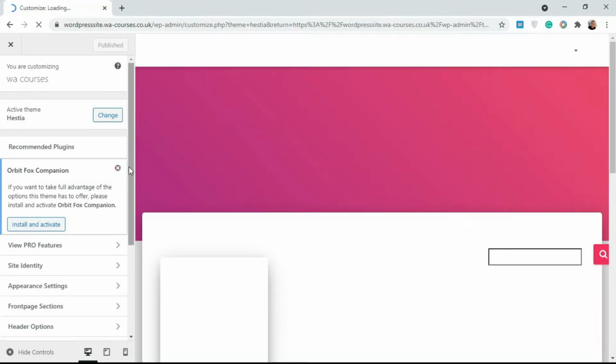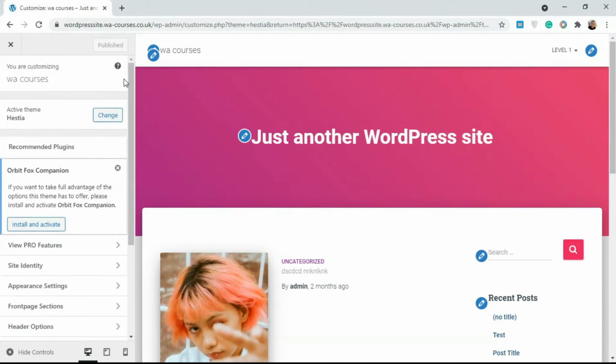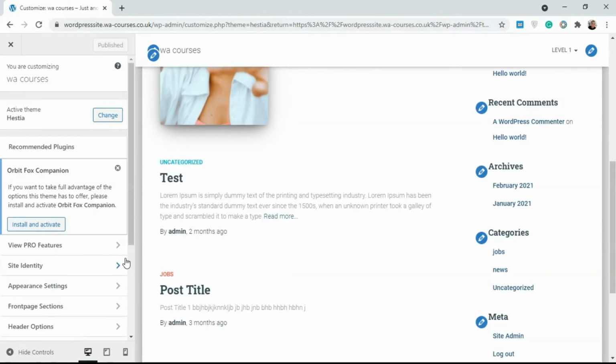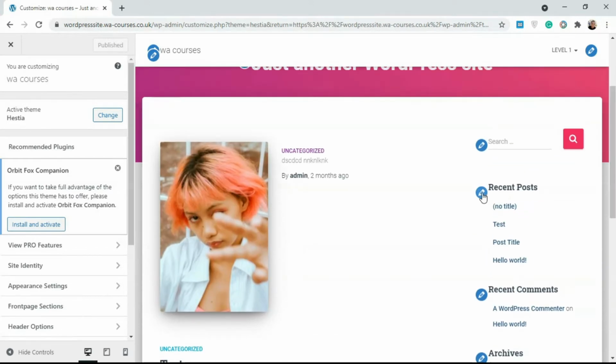Okay, so this is the theme customizer. It's separated into two parts. We have this left hand part for the different settings that you can change, and this right hand side gives you a preview of your WordPress website. So whatever change you make here, it's going to be reflected here live. You can also do things like directly edit stuff from here. So these are widgets. If I click on any of these, it's going to take me to wherever it is